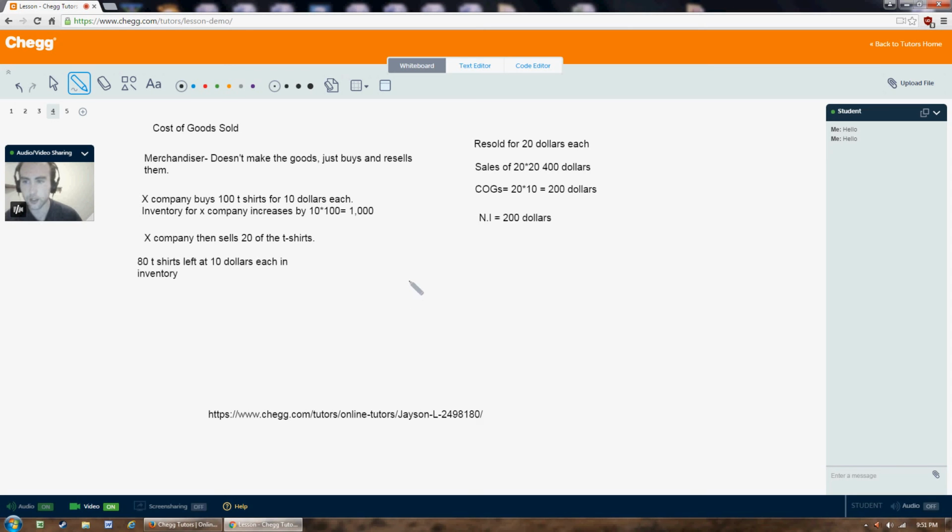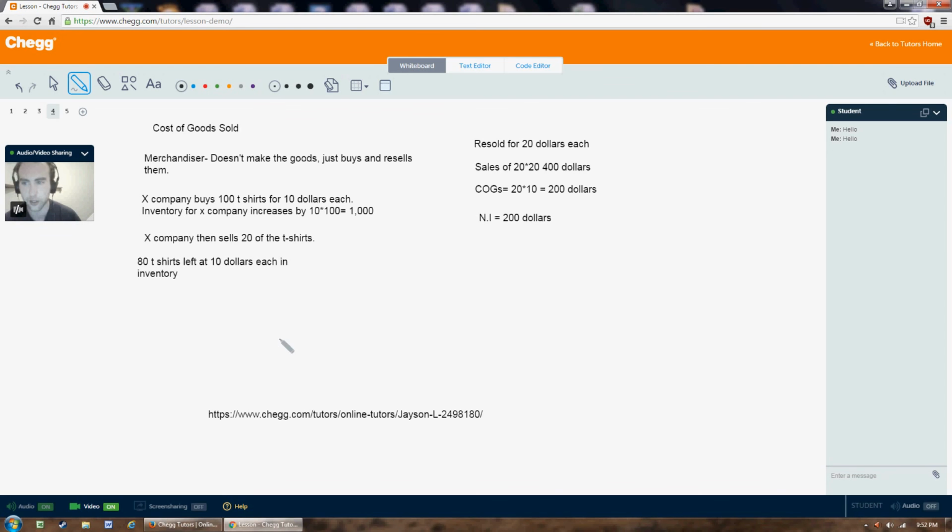For instance, if we have X company and they buy 100 t-shirts for $10 each, then our inventory, which is a balance sheet item, increases by 10 times 100 or $1,000. If we then sell 20 of those t-shirts, our inventory decreases to 80 t-shirts at $10, and our cost of goods sold, an income statement item, would increase by $200. So the journal entry to record this would be to debit cost of goods sold by $200 and credit inventory